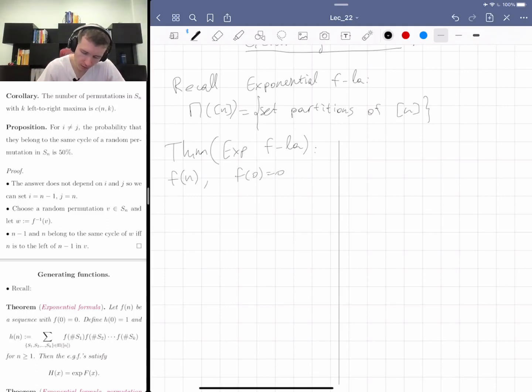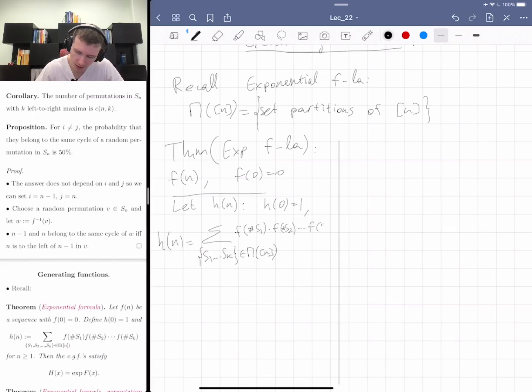And then you let h of n be another sequence, given by h of 0 is equal to 1, and h of n is the sum over all set partitions S1 up to Sk of bracket n, and then you take f of the size of S1 times f of the size of S2, etc., f of the size of Sk,